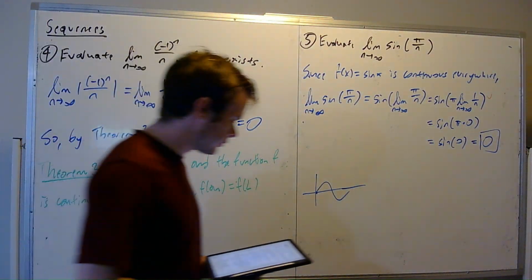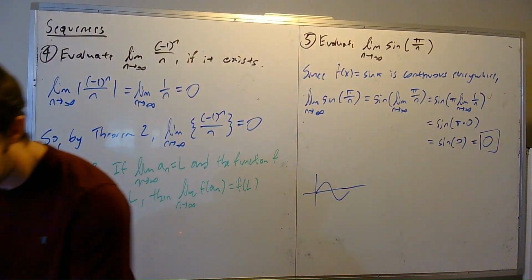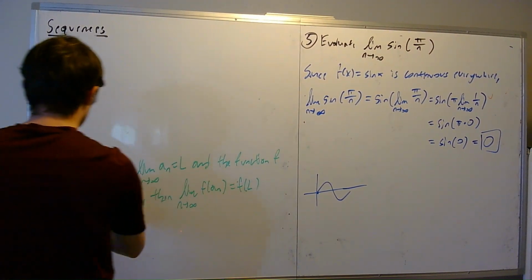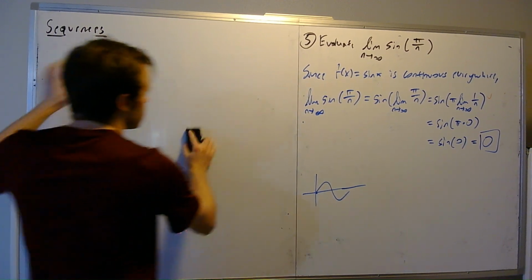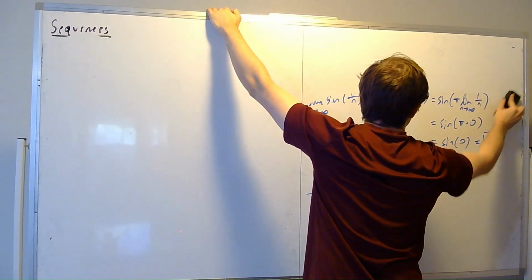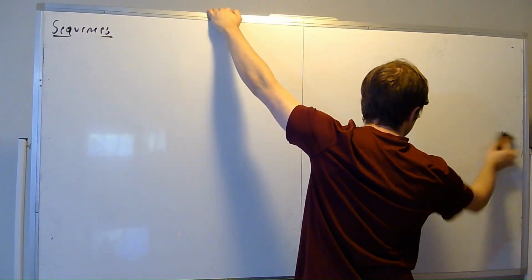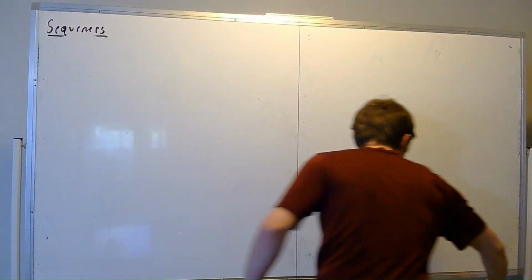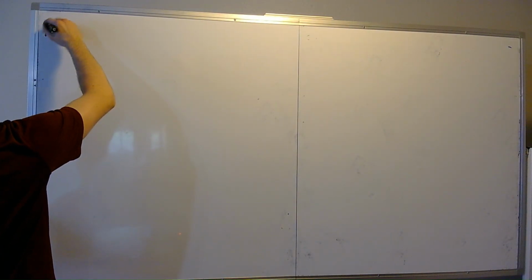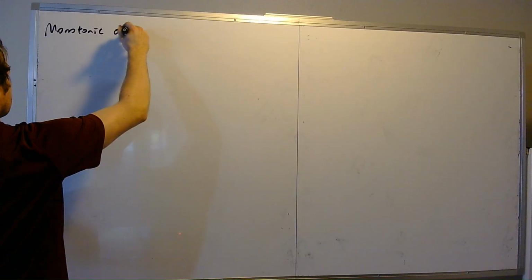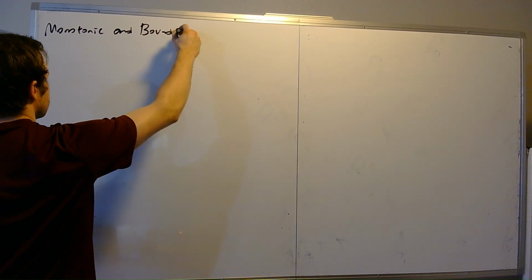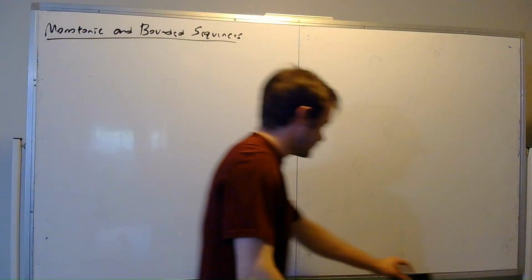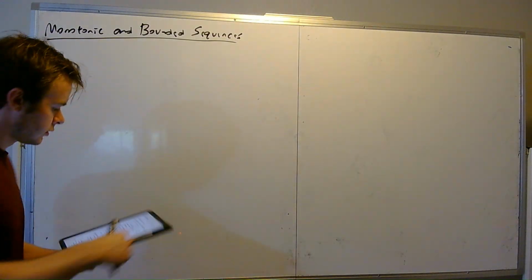So the last part of this section is talking about monotonic and bounded sequences. Okay. So, definition, a sequence a_n is called